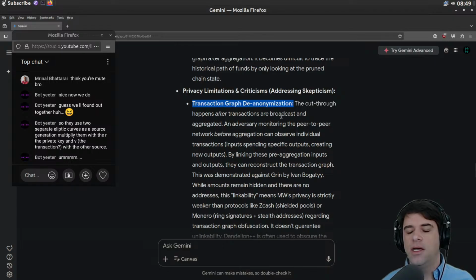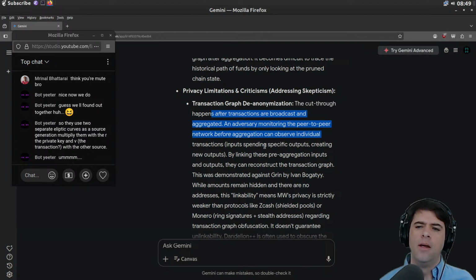There's some de-anonymization attack, I guess. The cut-through happens after transactions are broadcast and aggregated. An adversary monitoring the peer-to-peer network before aggregation can observe individual transactions. Okay, so it seems like maybe there's some peer-to-peer protocol, and then the blockchain is a little bit separate.